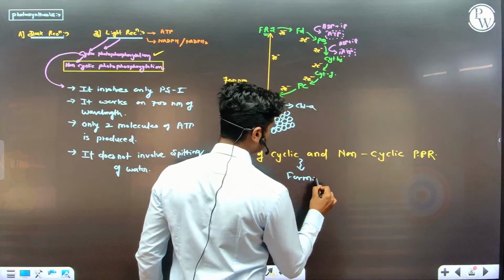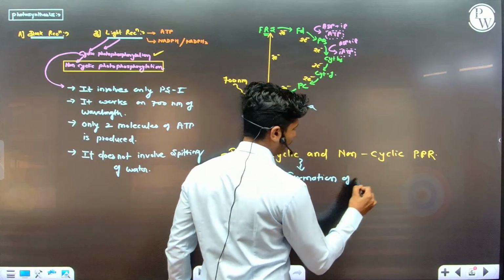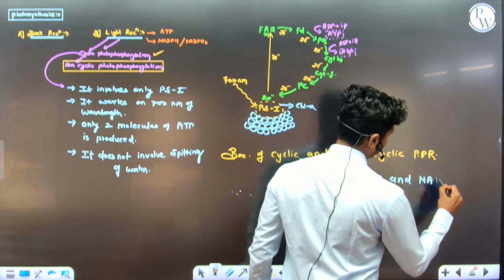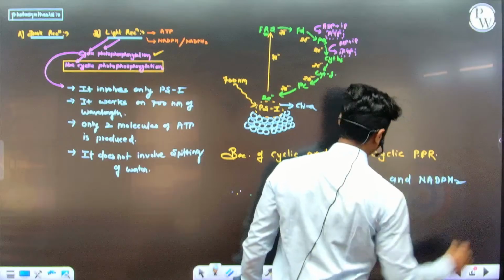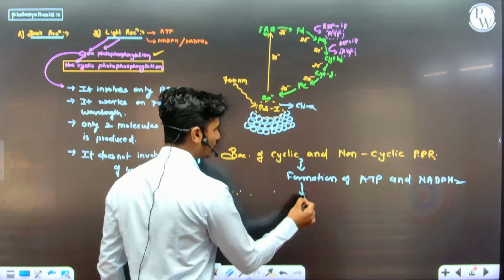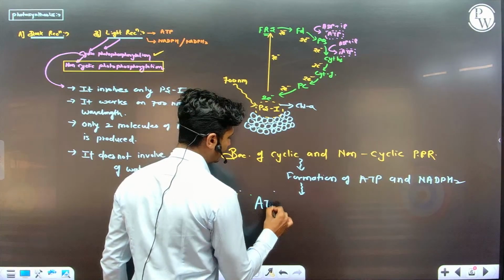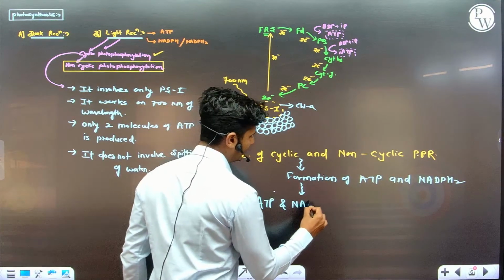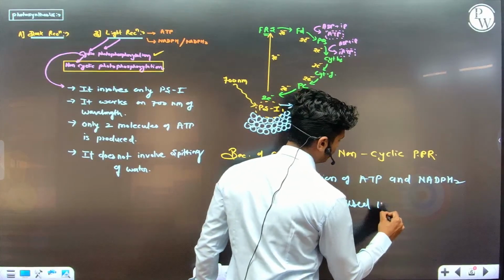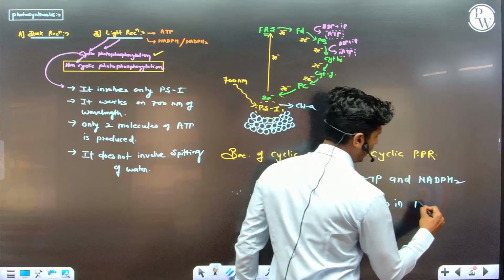Formation of ATP and NADPH2 takes place, and due to the formation of ATP and NADPH2, thus ATP and NADPH2 are used up in the dark reaction,